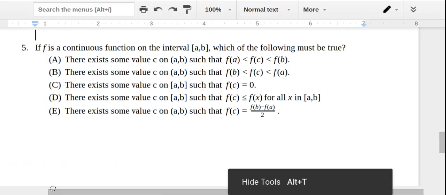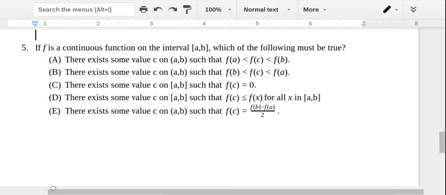Problem number 5 is pretty similar to a lot of the problems that you'll see on the AP test each year. There's not a lot of work to be done, so we're just going to reason through this problem verbally here. It says if f is a continuous function on the interval a to b, which of the following must be true? So letter A says there exists a c value on a to b such that f